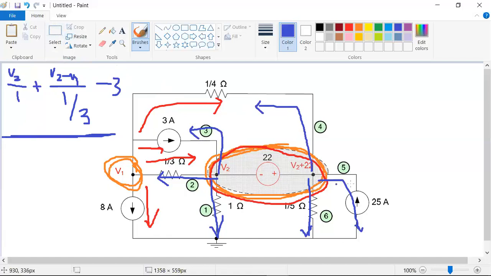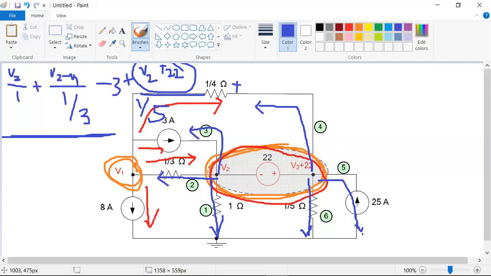Then let me move to these 3 blue lines, the outgoing currents from this V2 plus 22 branch. Then now let me write this equation. Plus V2 plus 22 by, this is V3, right? Instead of writing V3, I'm writing V2 plus 22 by 1 by 5, plus,